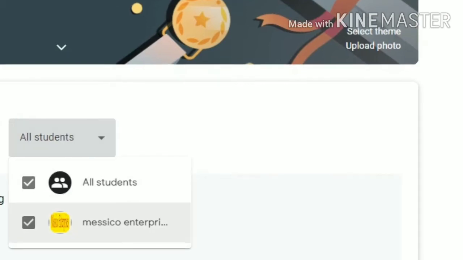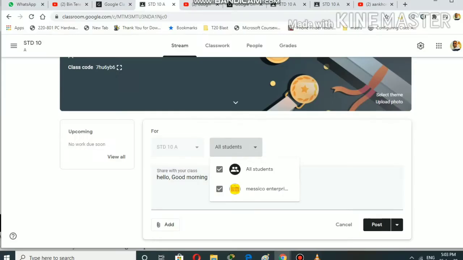Here you can see the student ID which we joined before. Now we want to share this topic with that particular student, so I will click on the checkbox for that particular student only. It will reach that particular student only, not the other students.